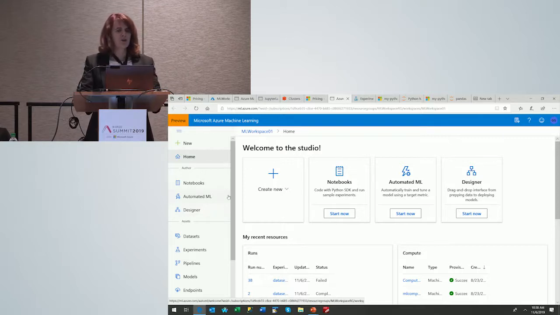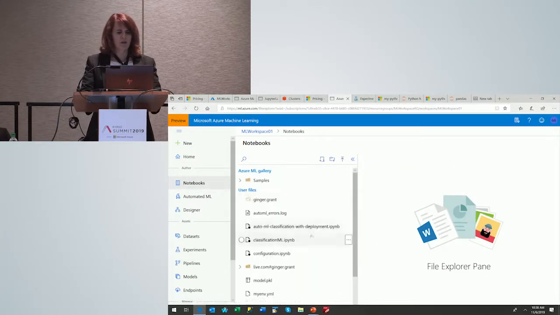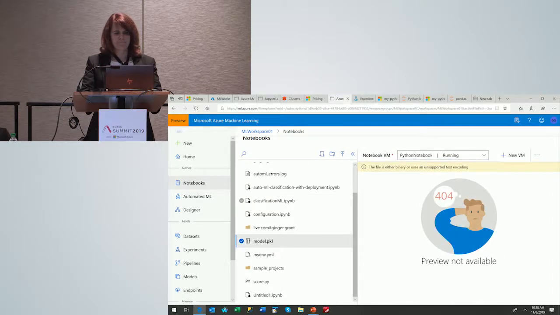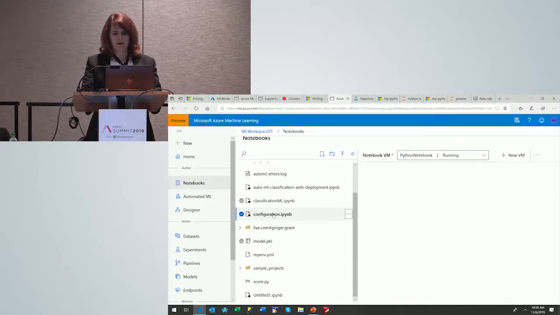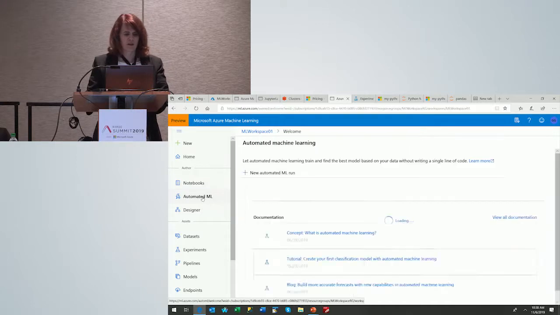So this is the new interface that they're pushing toward the machine learning components. It's going to replace what I just showed you. So it contains notebooks so that I could actually take a look at all of the notebooks that I have. But it doesn't work, unfortunately. There is a way around it, but I talked to Microsoft today, and they're working on getting that fixed.